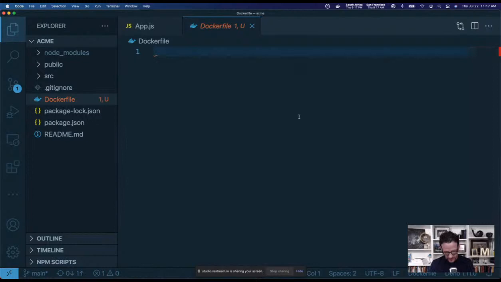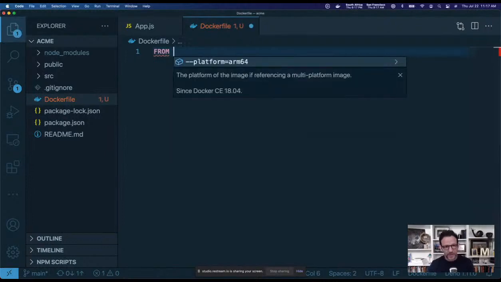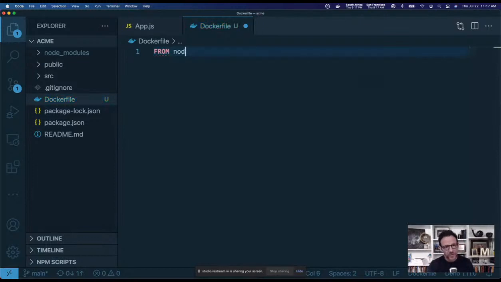So we're going to take a base image and we're going to use the node base image for now. Let me get the exact version I want to do. Well, let me walk you through the process, how I think about grabbing a base image. So the command you use is called FROM. So FROM will pull down that image from Docker Hub, put it into your image, and then build on top of it. So I'm going to use the node